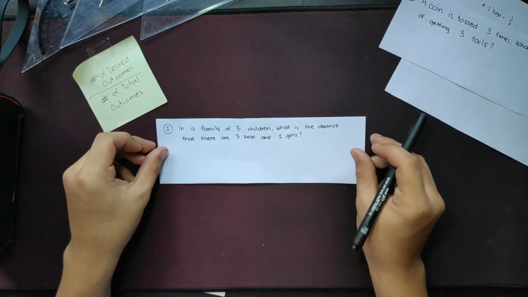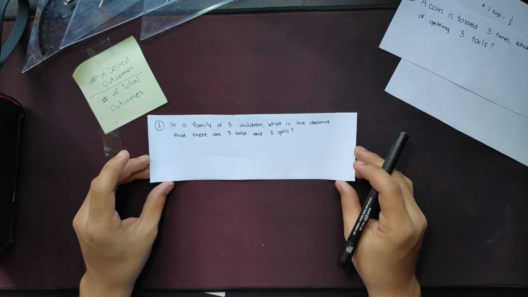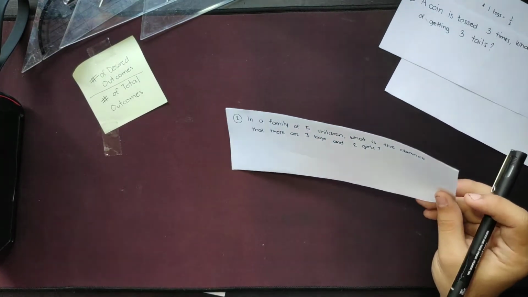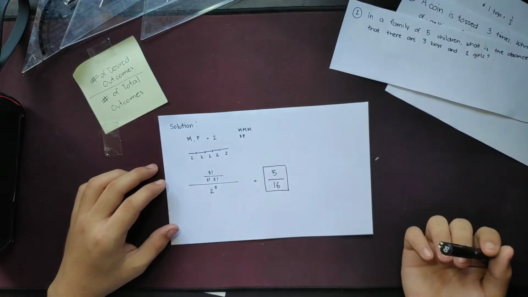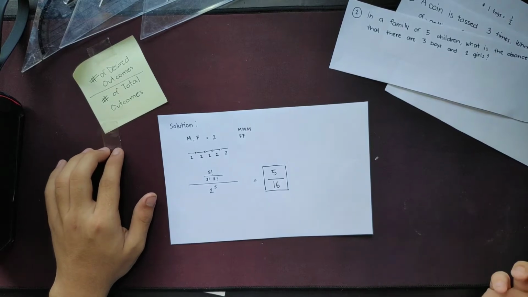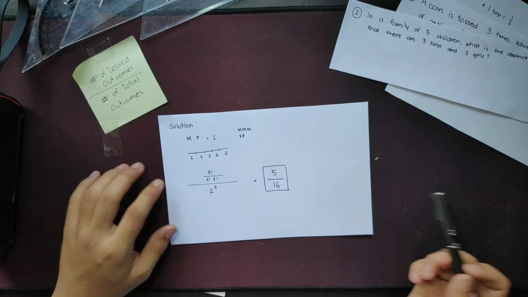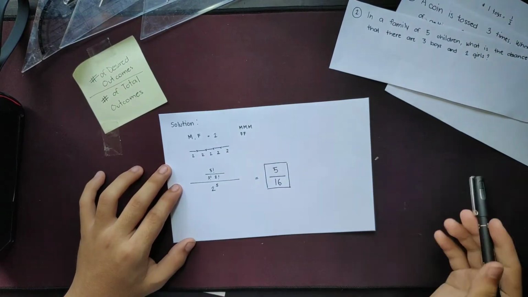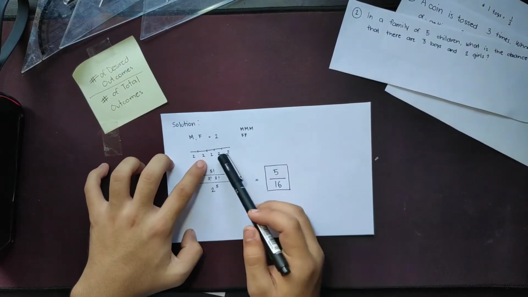For the second question, in a family of 5 children, what is the chance that there are 3 boys and 2 girls? Now, the number of total outcomes for this problem is 2. Because as we know, when parents give birth, the only outcomes can be a male or a female, meaning there are 2 outcomes. And because there are 5 children, we have 5 trials, which means we could write it as